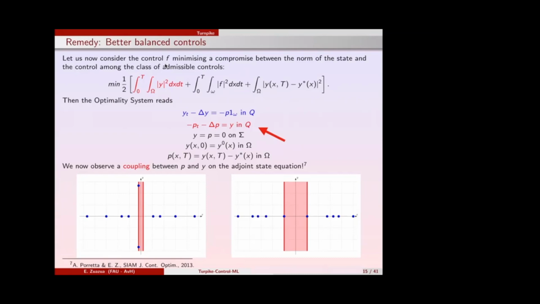Of course, you cannot do that in an emergency, right? So if you have a heart attack, then you need to be treated in real time. But then the control time is not long, it's just very short, right? And then what they will probably do is put on your heart some defibrillation mechanism, some kind of direct delta control, right? So you see that the fact that the Turnpike emerges and that you are allowed to use controls that are nearly constant depends very much on the fact that the time horizon is long. If you are given just a too short time horizon, you cannot use constant control.